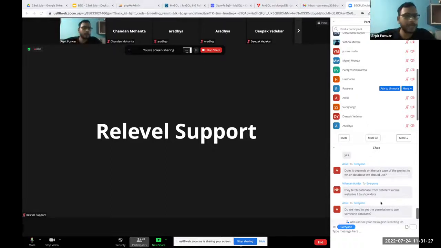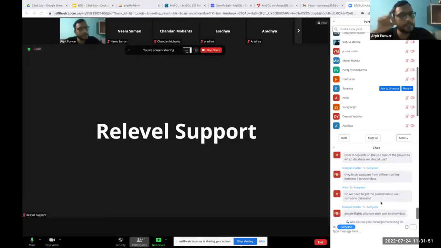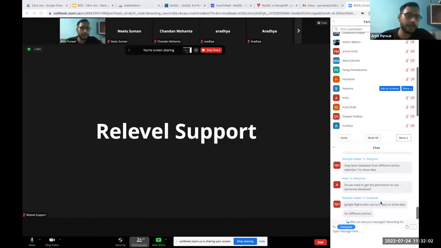So now SpiceJet has exposed one API, correct? In the same way, Indigo has exposed one API. In the same way, AirAsia has exposed one API, and those APIs, Yatra.com or Trivago will call, and in those APIs internally, in their controller, we have written the database logic. So that's how they will fetch the data, and then they will forward that data back to Yatra.com. It's a client-server architecture. There is one client which is Yatra.com, and there are multiple servers for them. Indigo is another server. Airlines is another server. AirAsia is another server. SpiceJet is another server. And in those servers, we are interacting with databases. So that's how things are working here.